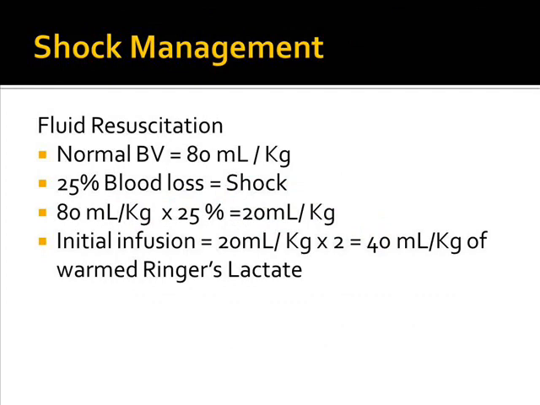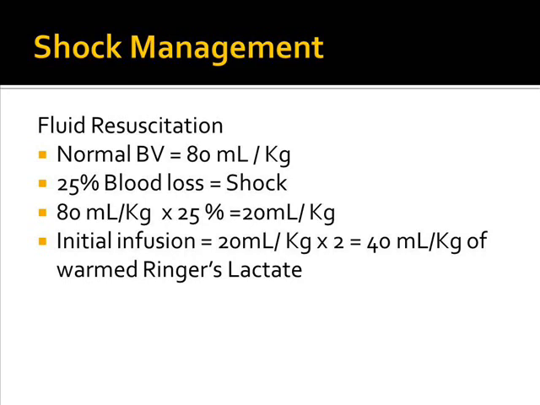Shock management follows the ATLS protocol of using crystalloids. The normal blood volume is usually about 80 ml per kg, and if you have 25% blood loss, it will result in class 2 shock already. And you can repeat this. We give it as a bolus, and we observe the effect. If this response is not satisfactory, then we can give another, we group and cross match, and we can give